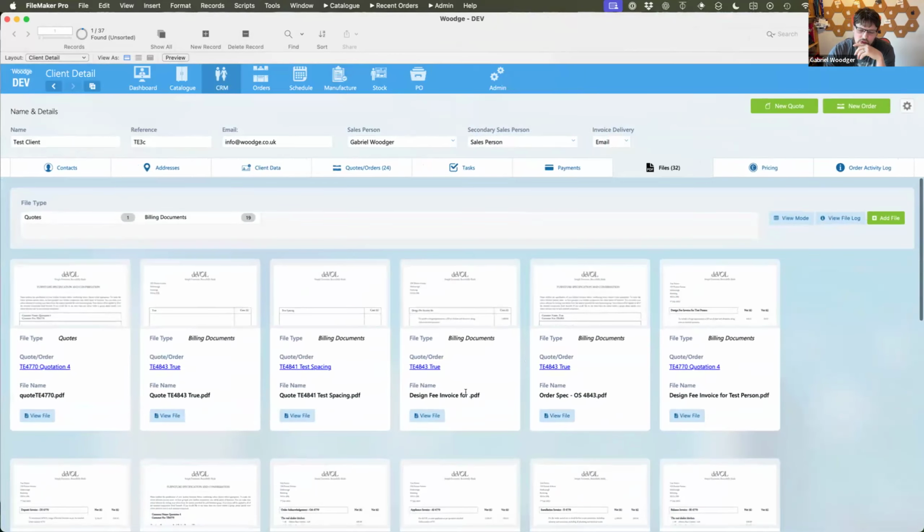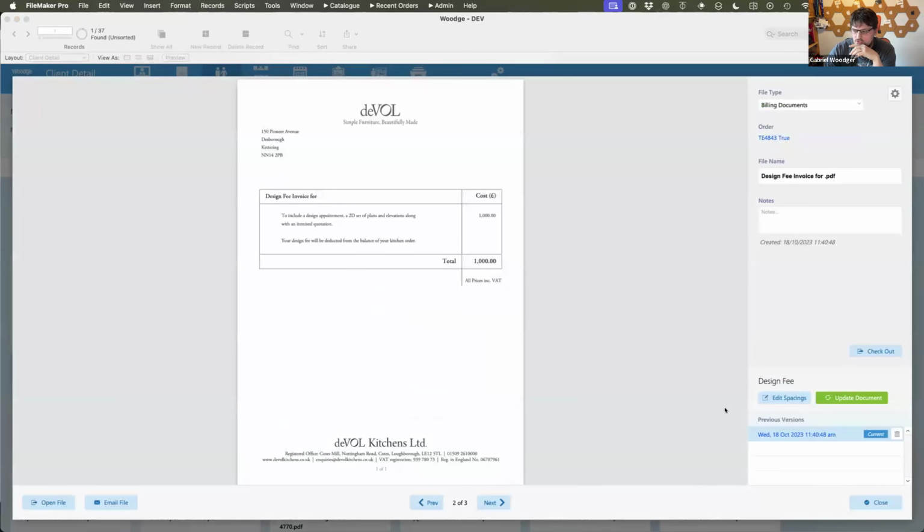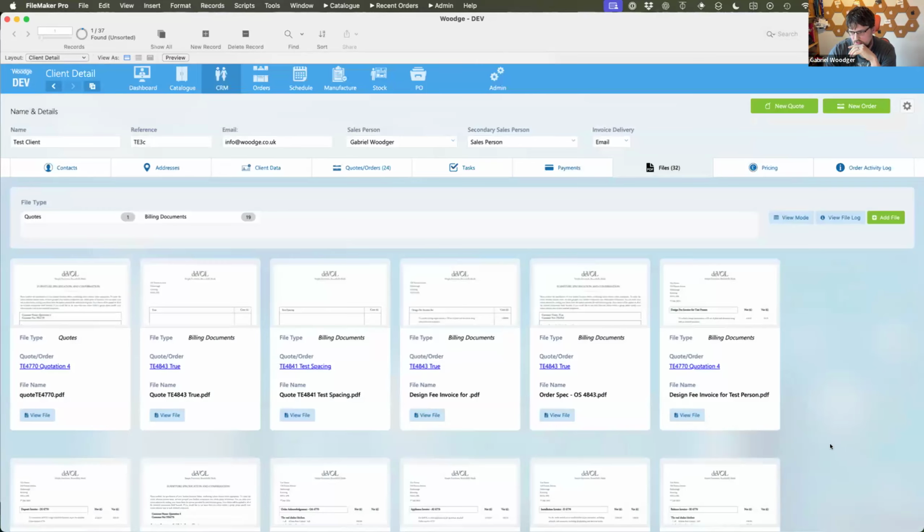But then if I want to go into a quote and view a file, I've got a standard FileMaker card window in here, and I can go next and previous through the billing documents that relate to that order. So we tend to do a combination of different bits and pieces that is specific to that use case.